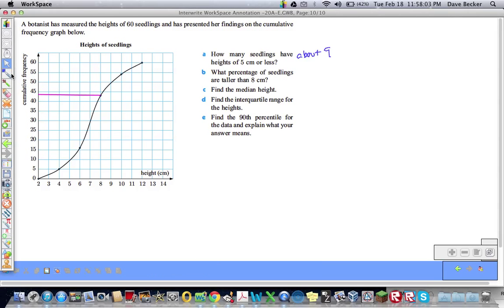Okay, so we have to think about this now. What percentage of seedlings are taller than 8 centimeters? Well, there were only 60 seedlings, right? So if there are 44 that are 8 centimeters or less, that means 16 are greater than 8 centimeters, and 16 out of 60 times 100 to change it to a percent gives me, and we're going to say this is approximately equal to